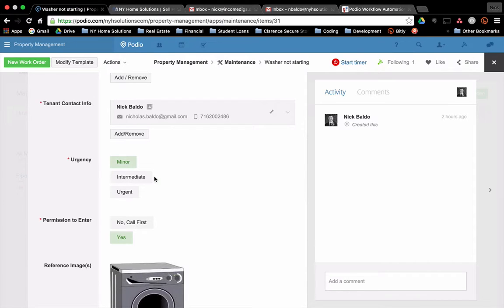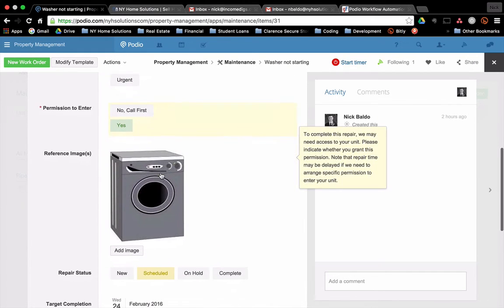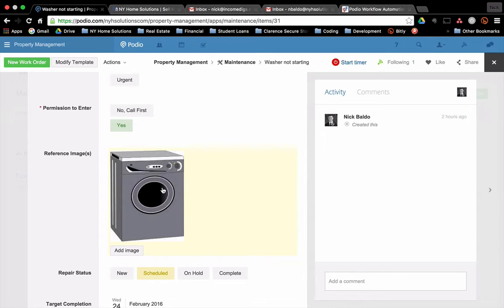Permission to enter we find to be useful because, as most landlords know, to enter a property, you typically need permission from your tenant, or you'll need to provide a certain amount of lead time. So we put this right in the form that they fill out so they can give us permission to enter right in the form. Reference image, this is obviously clip art, but we allow our tenants to add pictures, and we encourage them to do so